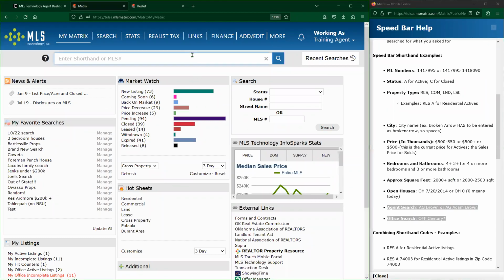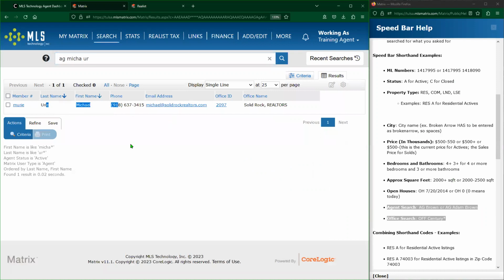because boy, howdy, is it easy to just go, I don't even have to finish their name, and I can find whoever I need to just by putting AG, a space, their first name, or even just a portion of their first name, and then a space and a portion of their last name. But let's try this actually for property, because agent searching, you guys might not use that